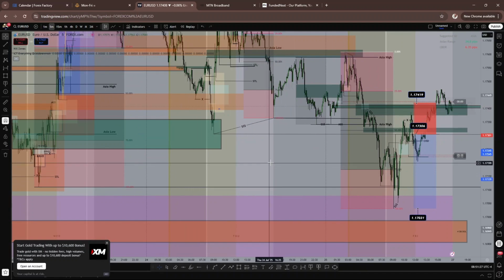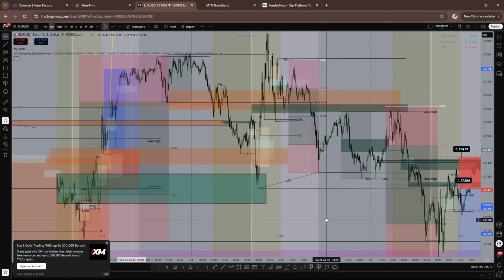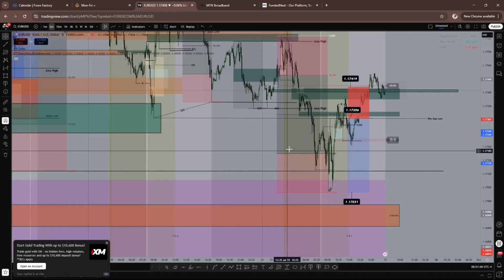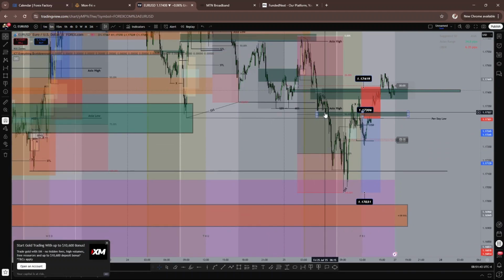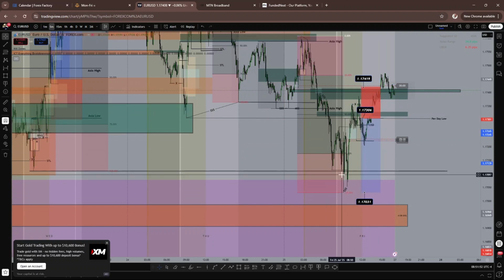Now this is me paying for it in real time. So one of my rules is that if I'm trying to take a trade, I want to make sure that the setup I'm looking to take, that swing leg, like you can see the swing that came before price retraced into my area of interest, is not taking out a liquidity.